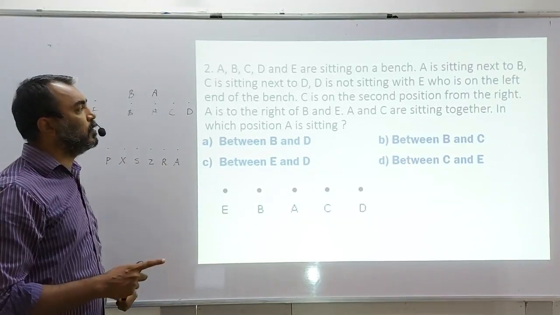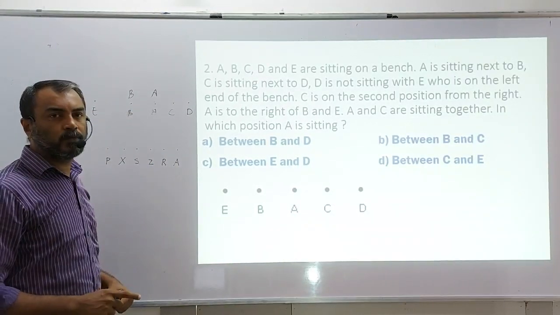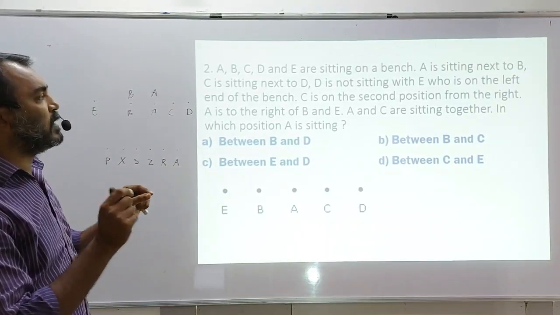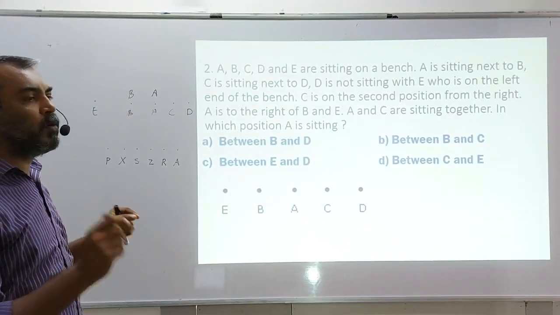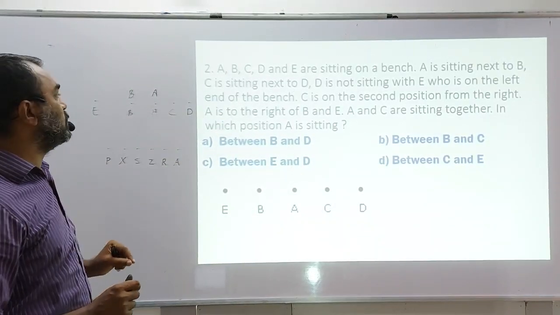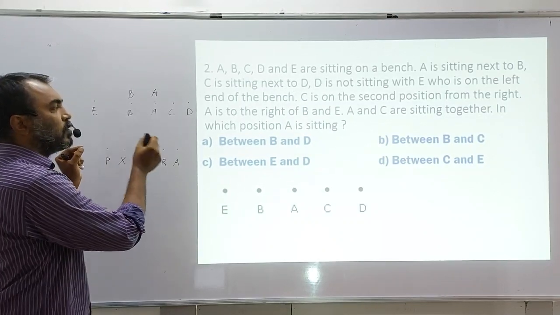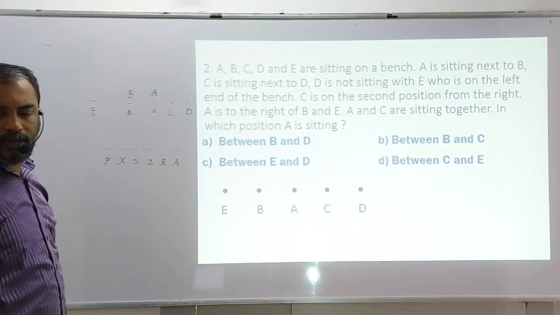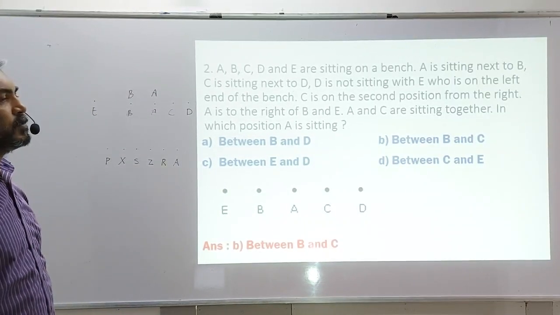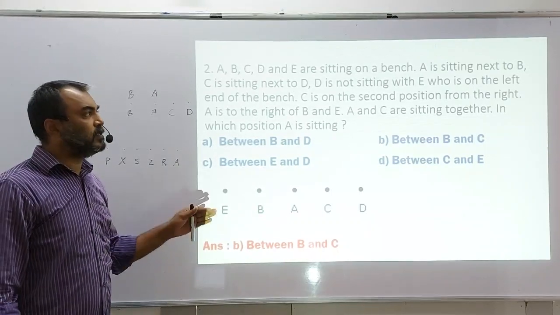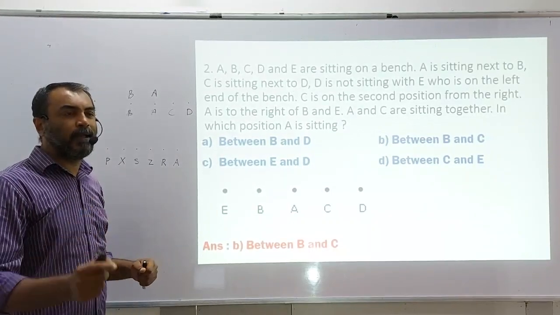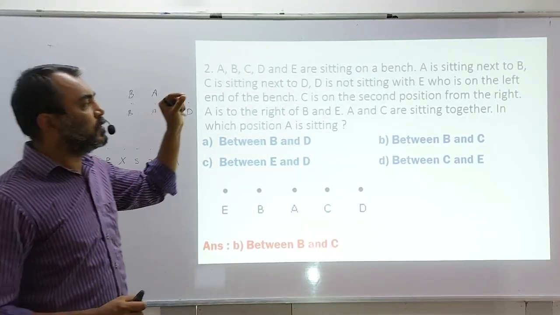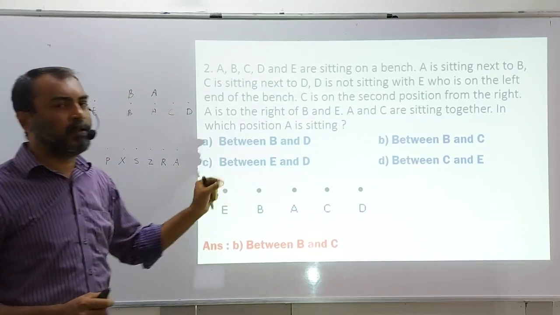So what you need to see here, first you should read the whole question. After reading the entire question, you start the drawing one by one, sentence to sentence. And when you find a contradiction which is not following the instructions, rub it, change places, keep on doing this trial and error till you get the arrangement. And once you get the arrangement, you will get your answer. So today's exercise is basically drawing diagrams, drawing proper diagrams. And in these diagrams, the instructions have to be followed very, very carefully.